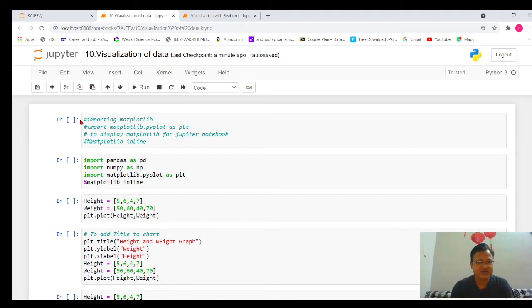If you see in the comment, importing matplotlib. So the first step is we need to import the matplotlib library. Please remember, whenever we want to visualize data, the important library is matplotlib. And we also need to say which module we want to include in our program. So we will include pyplot. We need not include the whole matplotlib library in the program. We will import the matplotlib package's pyplot module.